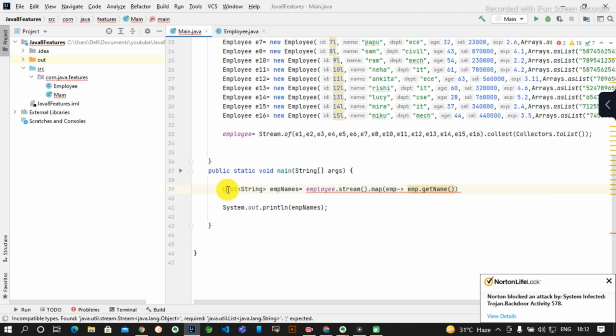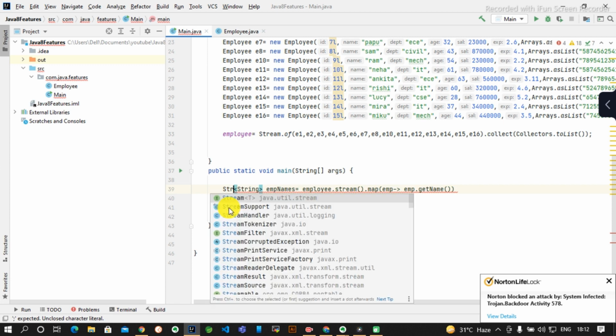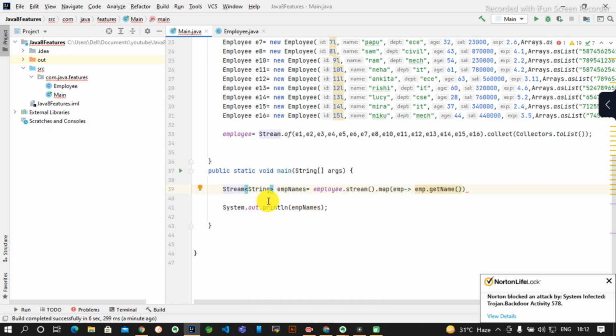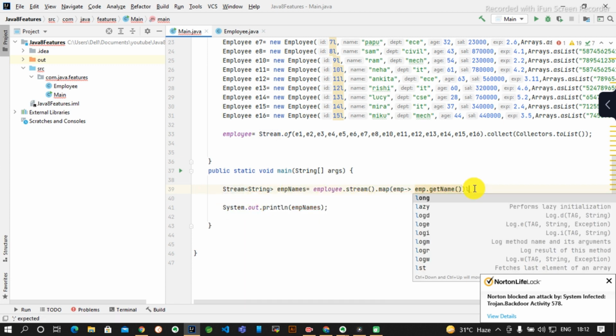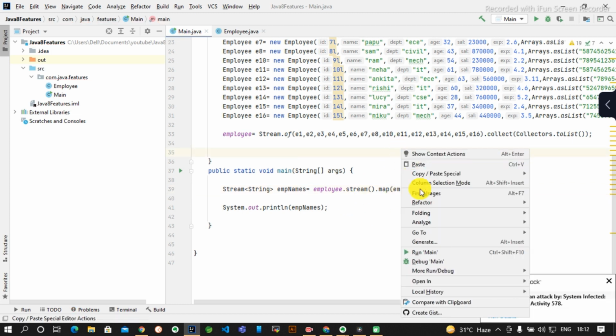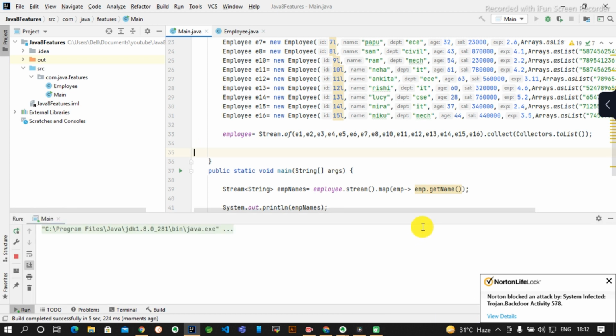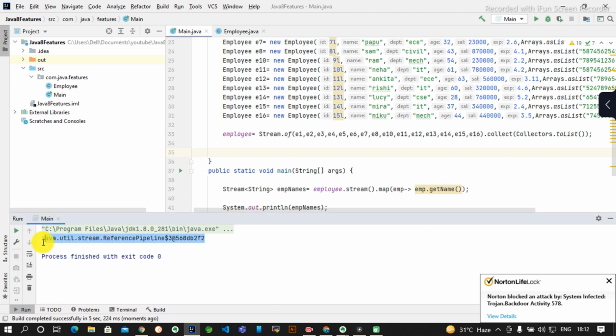So if I use Stream of String and then print it, see, it is printing the hash code.